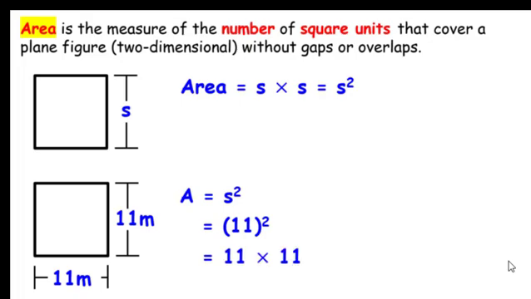11 squared means 11 times 11, which is 1 times 1, which is 1. 1 times 1 again, which is 1. Since we're in the tens unit, let's bring down a 0. 1 times 1, which is 1, and 1 times 1, which is 1. Now let's just add 1 plus 0, 1, 1 plus 1, 2, and bring down the 1. Our answer is